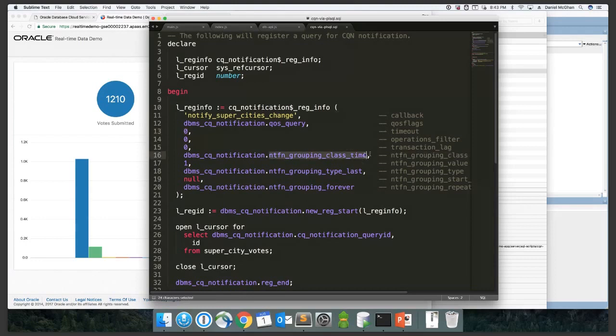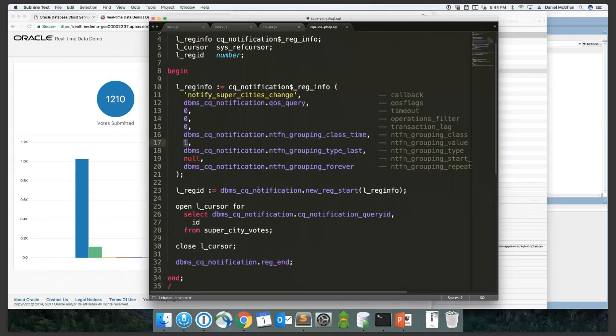So down here, what I'm doing is grouping by time, and the grouping value is 1. And this is a number of seconds. So we're basically saying any changes that occur within the span of 1 second, we're going to treat that as a single event or change notification. So you can adjust that as needed. And then